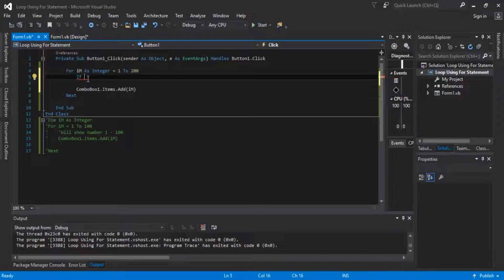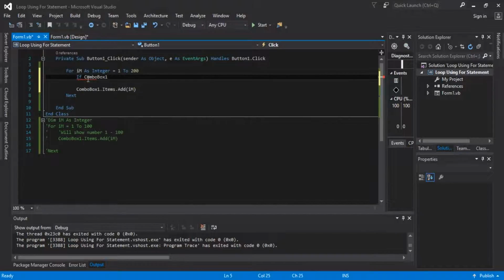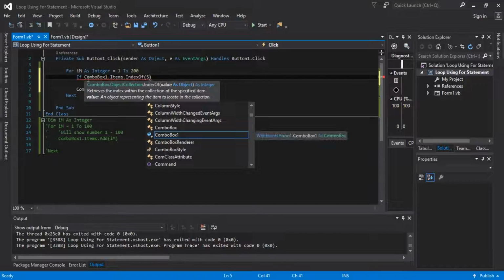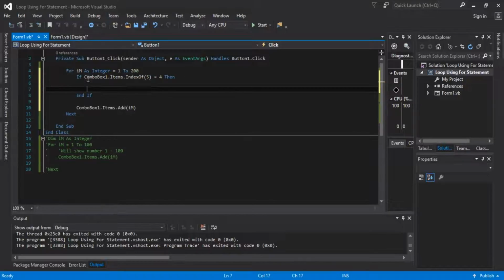For example, if combo box, for example, guys, this is just an example, and you can make it suitable or match with your needs, items dot index of. In here I will create index of 5 equal to 4, then you can stop or break the loop using exit for, like this. Okay guys, you can see if the combo box 1 dot item index of 5